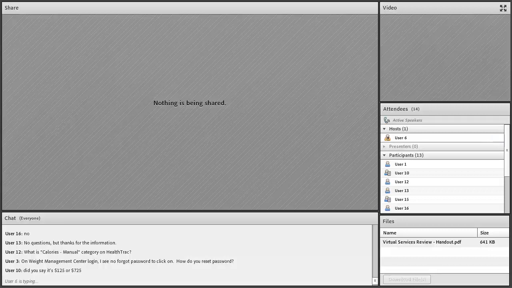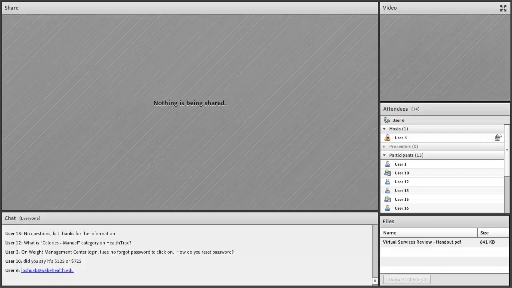Okay, so how do you reset your password? Let me take a quick look. The easiest way, well, there's my email address. I can reset passwords for you, so I won't spend time looking for where a password reset is right now. I thought there was one. If it's not there, then I can certainly work to get that fixed. But in the meantime, just shoot me an email and tell me you need to reset your password, and I can do that for you.